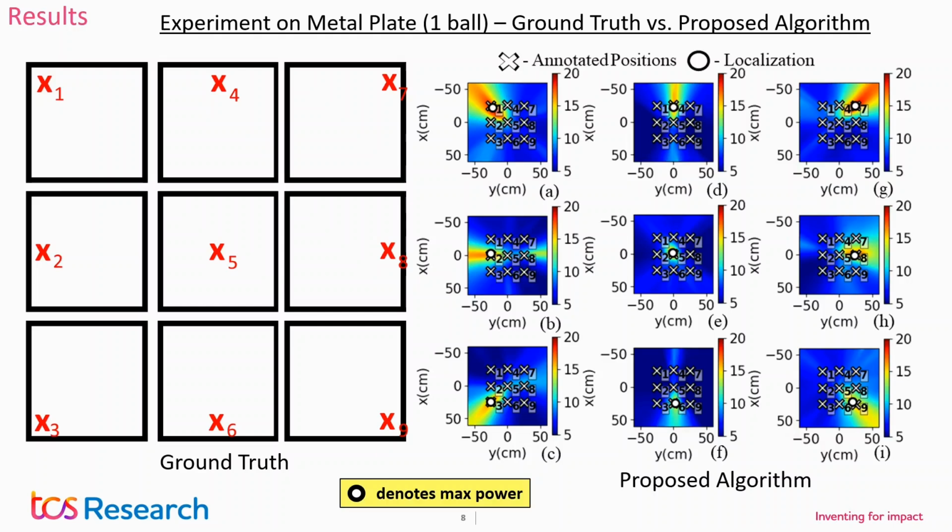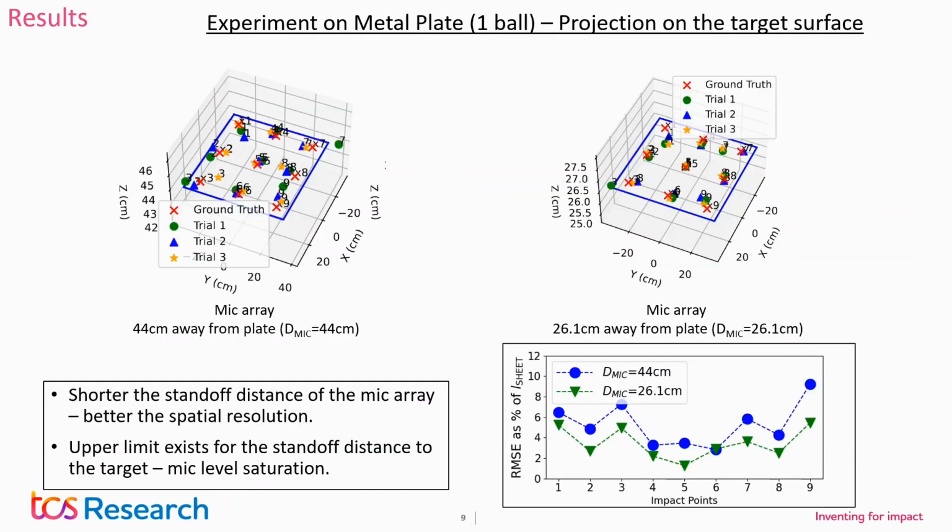So when we tried with the existing approach, it is giving us much better result. For example, the X1 case, the impact was top left. Look at the image. The red and yellow portion is coming at top left. Similarly, for the 9th experiment, the impact was done at the right bottom. Similarly, your result is showing here, and the maximum position is here. So this is the error in terms of RMSE for all the 3 trials combined, right? So that gives us a lot of confidence in the algorithm and the process.